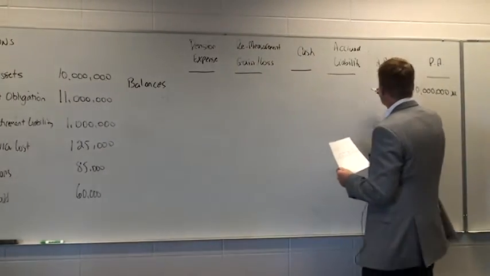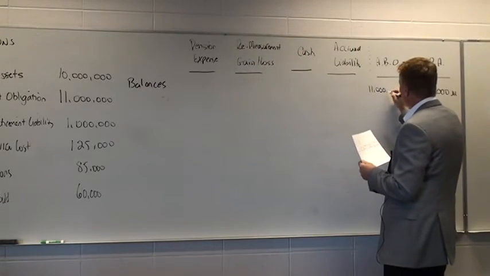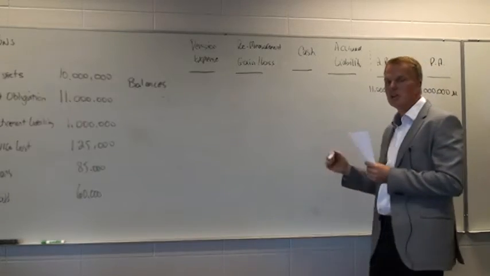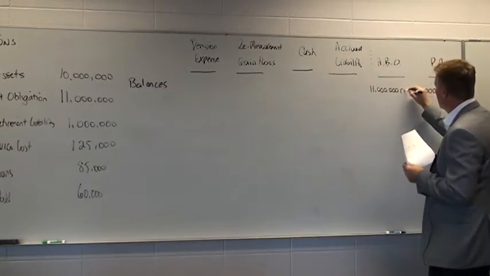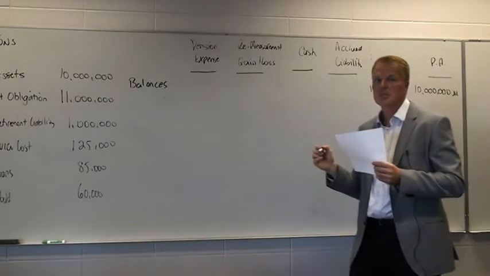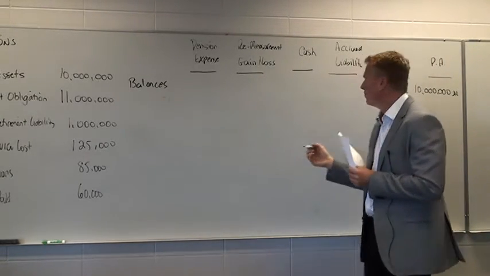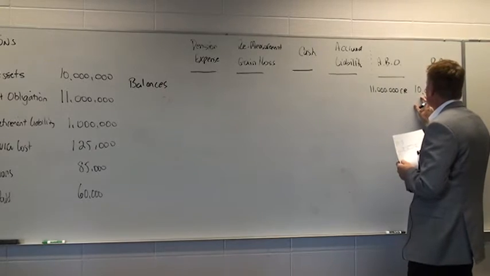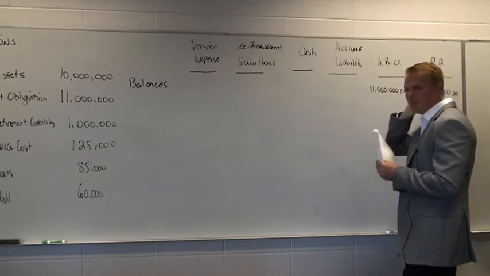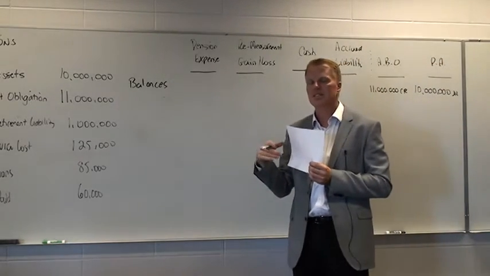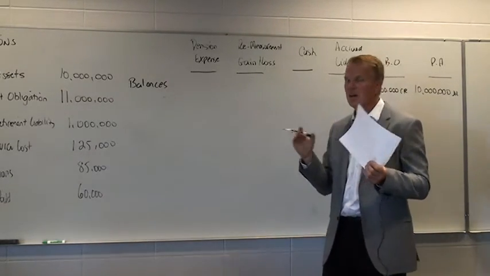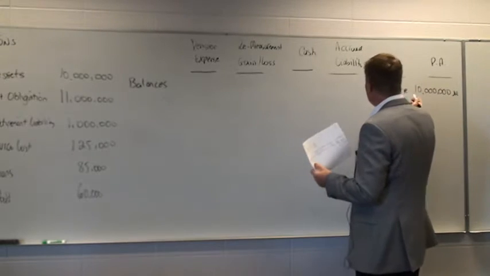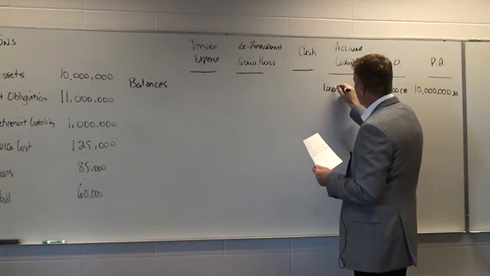At this point in time, that obligation, measured by an actuary, is $11 million. So what you can see now is that we've got $11 million as a liability and $10 million as an asset. That difference creates a liability for us